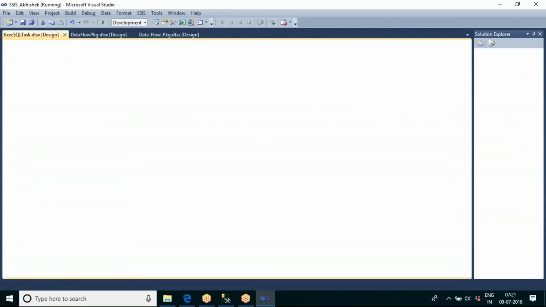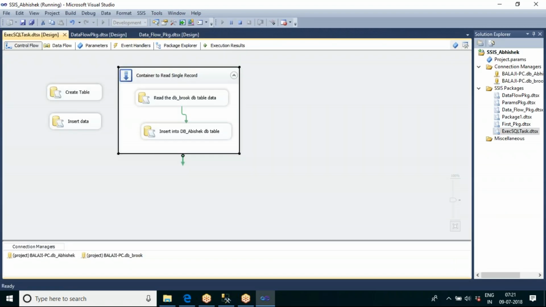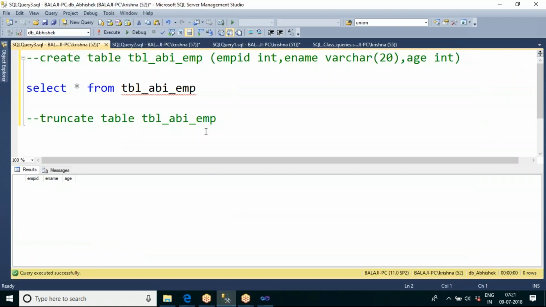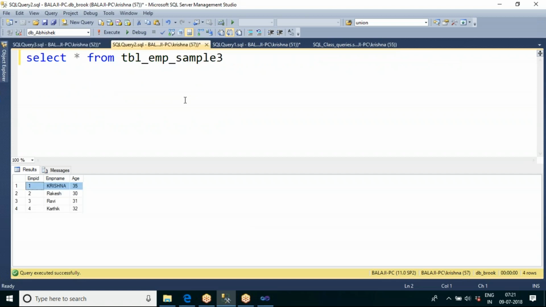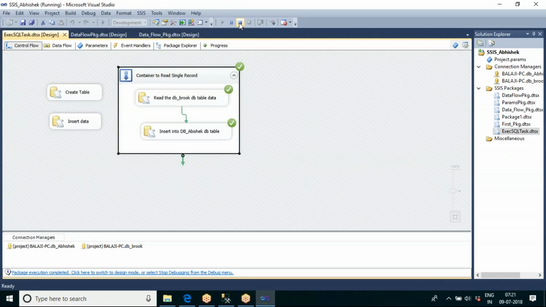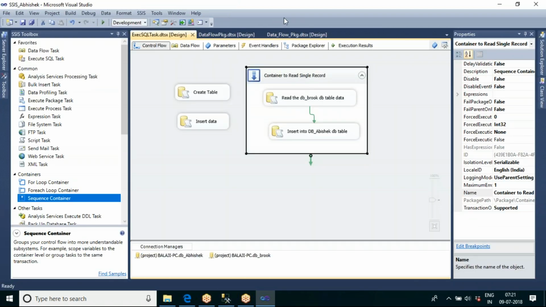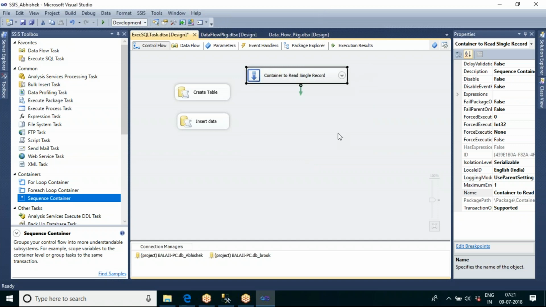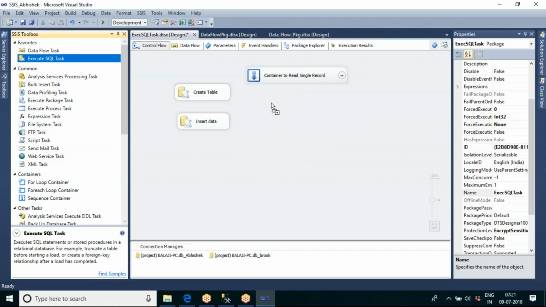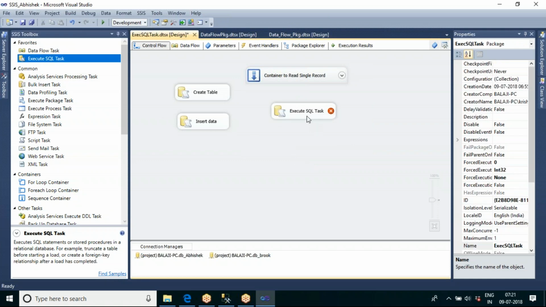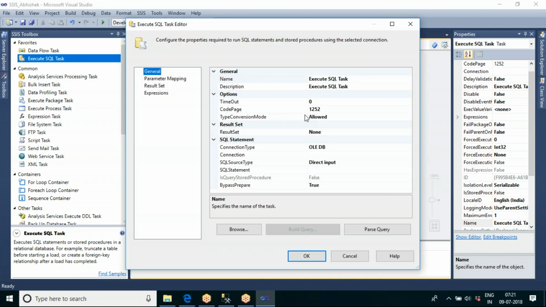Now let us go and execute one more time. So this logic will work for only the first single record. Now we can see it is reading only the first record. But I want to push all the records, and this table contains 4 records. Then how can we push all these 4 records into the destination table? Let us see, if you have multiple records, how to read the multiple records and push them. Now in the Execute SQL Task, so let us say